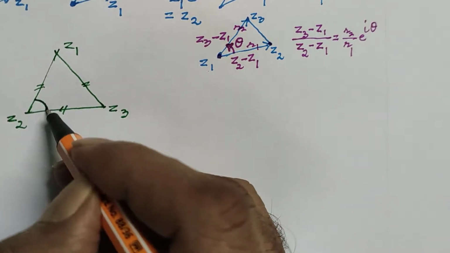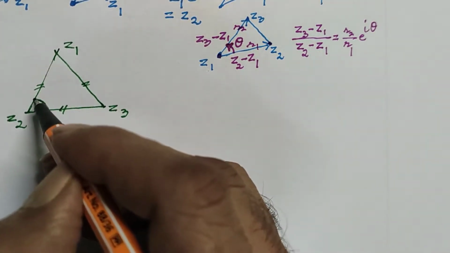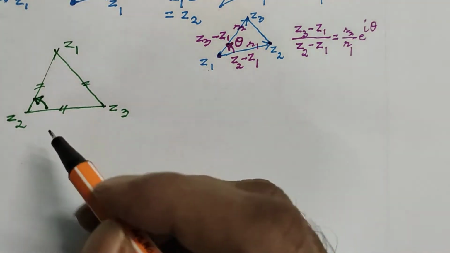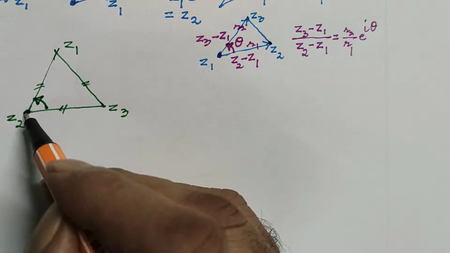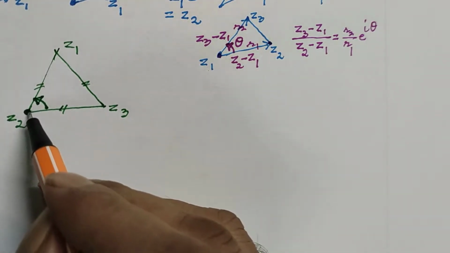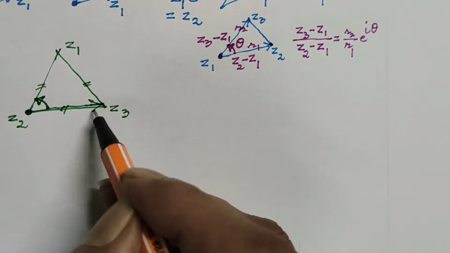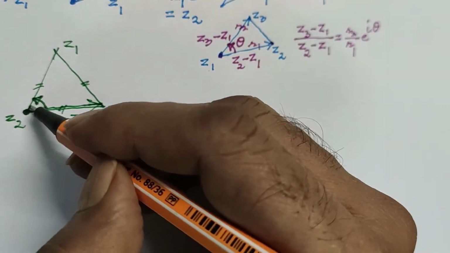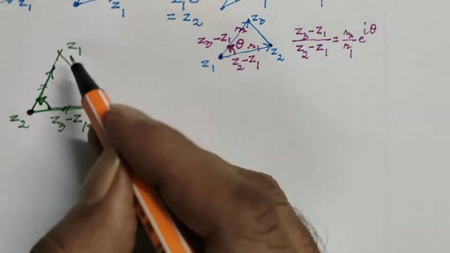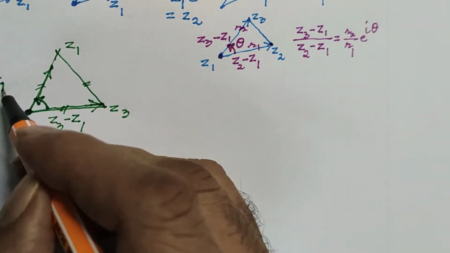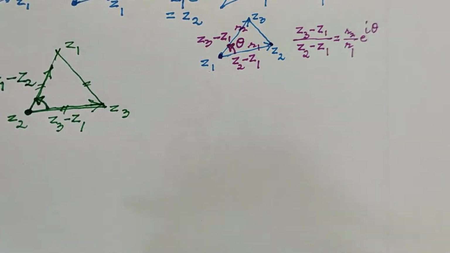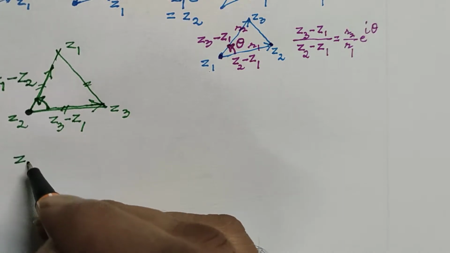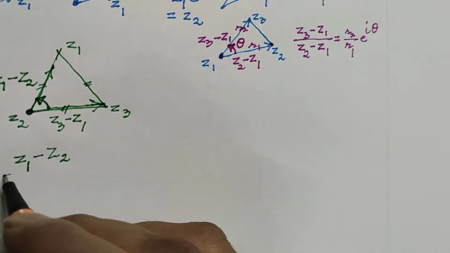Let's say this angle is what we want to write in terms of complex numbers. So we need this point to be the starting point of two vectors. This vector pointing this side is Z3 minus Z1. This vector pointing this side is Z1 minus Z2. And thus, the arrow is pointing towards this. We have our complex equation as